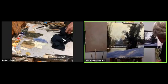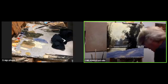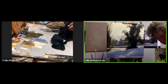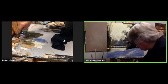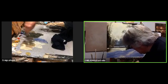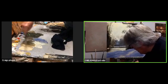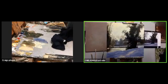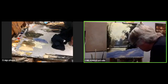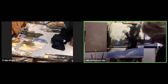I want to get a little bit of that light, that yellow light, and rather than take time to clean that brush, I'm going to grab another brush here. I'll grab like a number 10 filbert, pick up kind of that white with a little of the unbleached titanium and the Naples yellow together, a little bit of the solvent-free gel, and I'm going to try. Boy, I see it gets really kind of a beautiful, warm gray violet. I just caught that right in here,